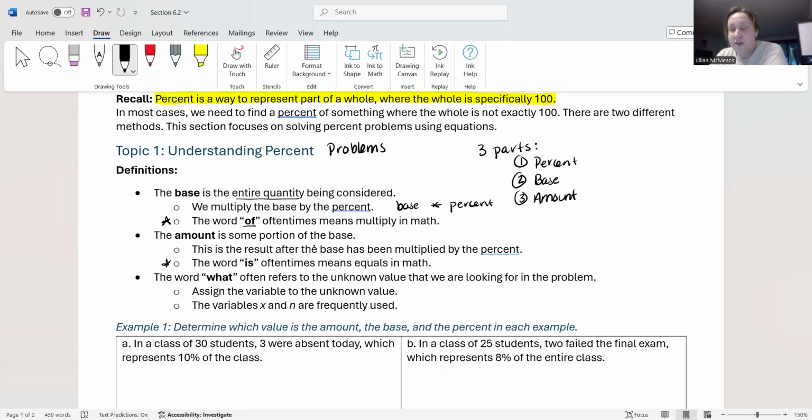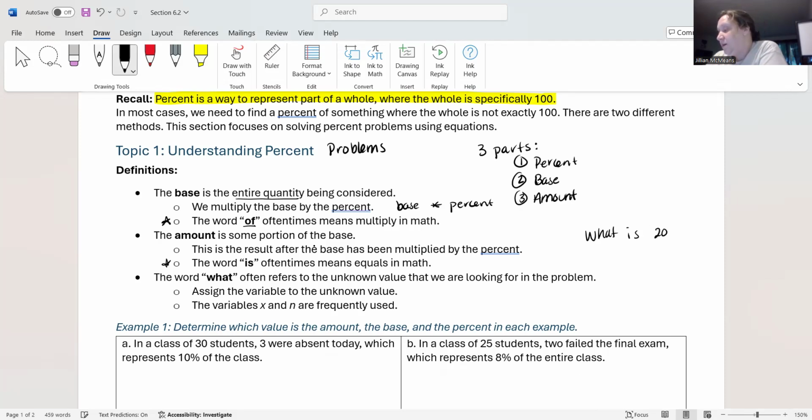so as I choke to death in this video, we have the word what. Now again, the word what is a super, super common word in the English language. It does not always mean what it necessarily means here, but when you see the word what, it often refers to the unknown value that you're looking for. So for instance, if I say, what